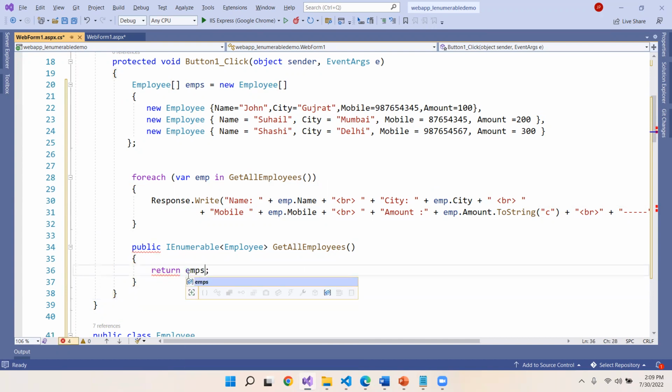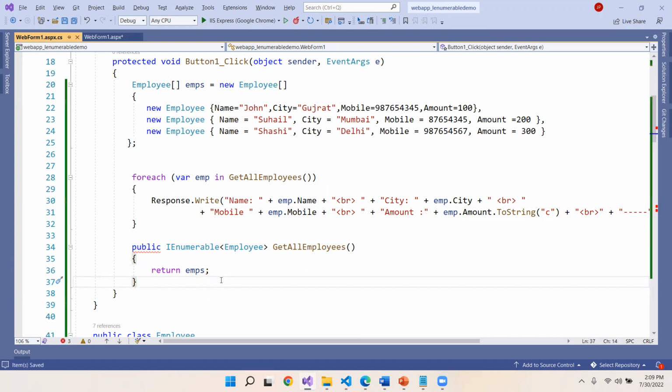Return EMPS. So this is one of the public methods we are taking, wherein it is going to return all the employees. So where it is returning, this is GetEmployees. I need to call that. No, I'm not supposed to do it like this. Just 1 minute. Button click event. Let me close this. Otherwise,